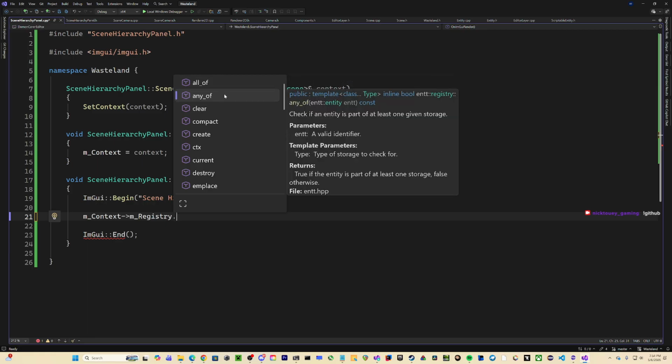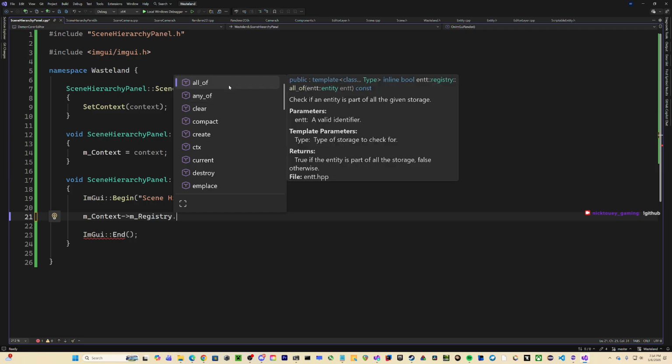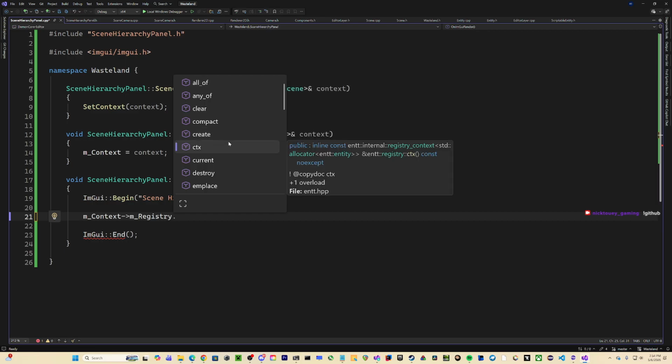Check if an entity is part of at least one given storage. Type is storage to check for. Clear, create. What does CTX do?